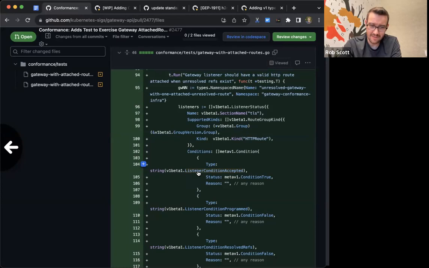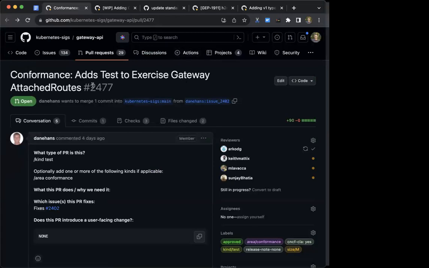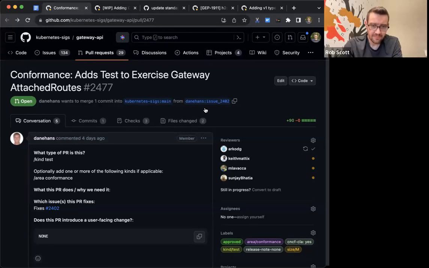I think, Danian, you may already be trying this with one or more implementations yourself. Yeah, I tried with Envoy Gateway, and it's not passing, and it's not expected to pass because there's already an issue within the Envoy Gateway repo. But I'm also testing Contour, though I haven't been able to fully test it just yet. Cool. Well, thanks for getting this one in.